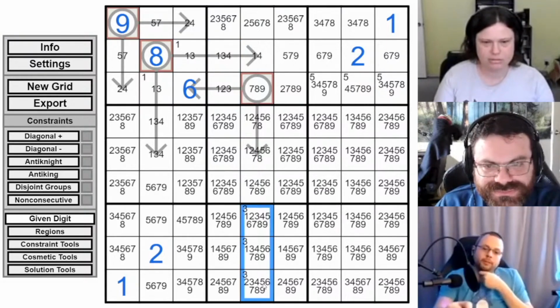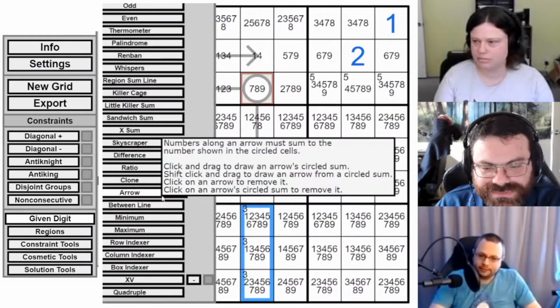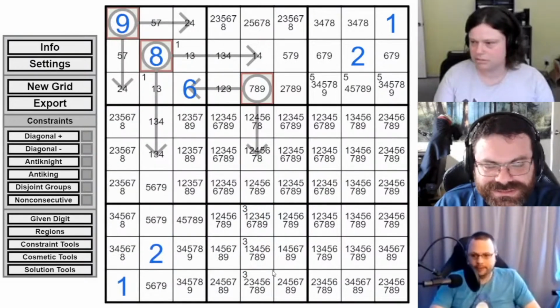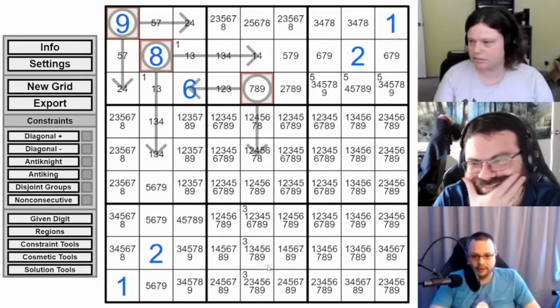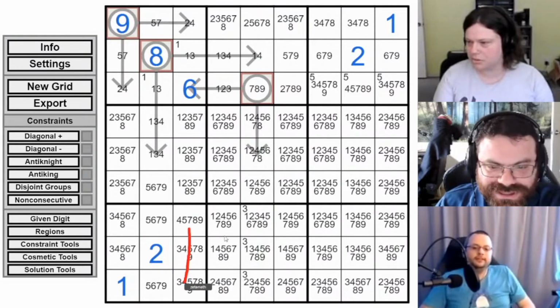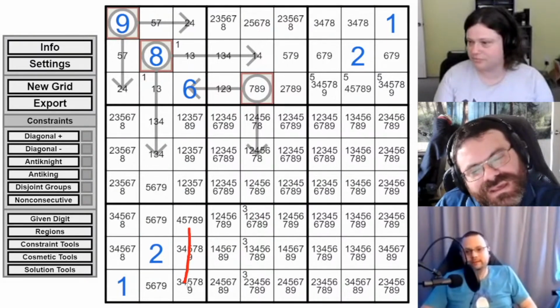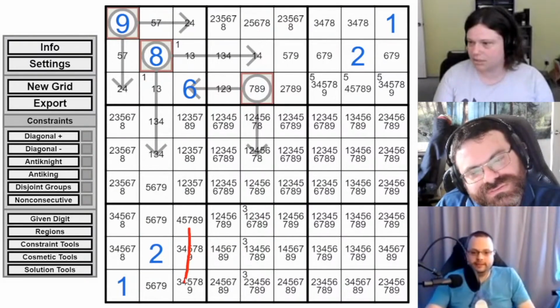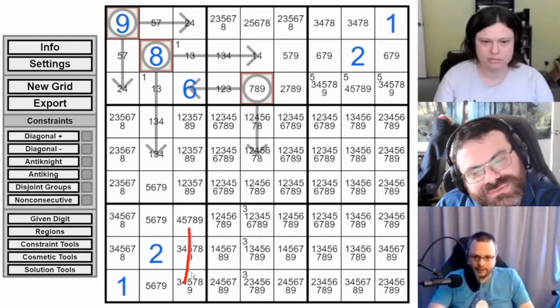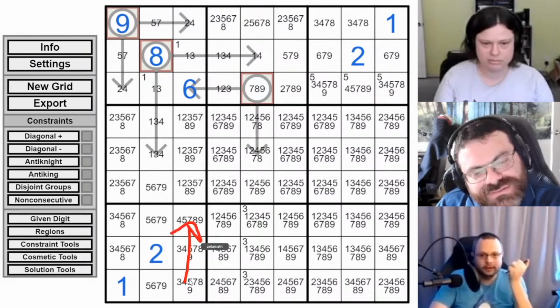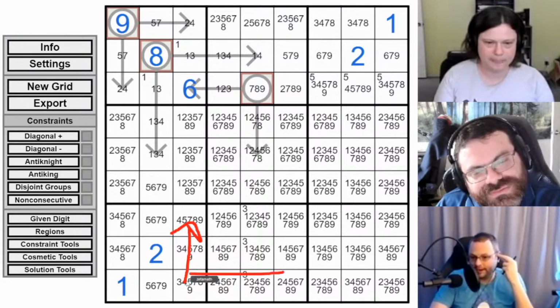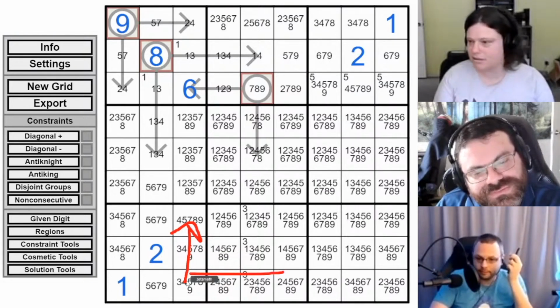So you could put an arrow pointing up. Sorry, I am terrible at this. Right now I'm not in the pen tool for some reason. Put an arrow pointing up here, because that'll index 3, and that'll remove 3 as a possibility, because it won't be able to index 3. Now, this indexes 3 in the column, right? Because it's a vertical arrow. Wouldn't it index 7, 8, or 9? Oh no. Yeah, that indexes the column. It would go this way to index 3. Never mind. Sorry, I am wrong.